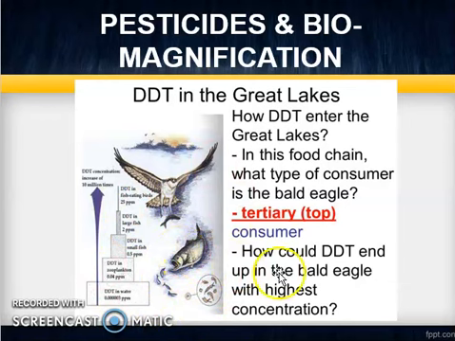Now, the information related to this figure. DDT was sprayed in the Great Lake to regulate the breeding of mosquitoes. DDT is a non-degradable pesticide which affects the health of plants as well as animals. Spraying of DDT in the lake will be absorbed by the plankton. Plankton is eaten by small fish. Small fish are eaten by large fish, which are later eaten by the bald eagle. So this is the process of how DDT can affect the bald eagle population in the Great Lake in the United States of America.